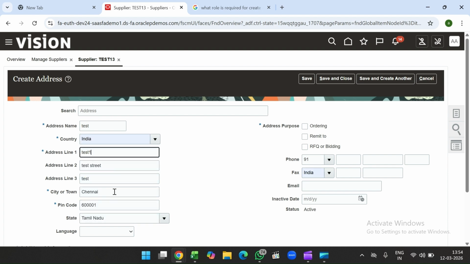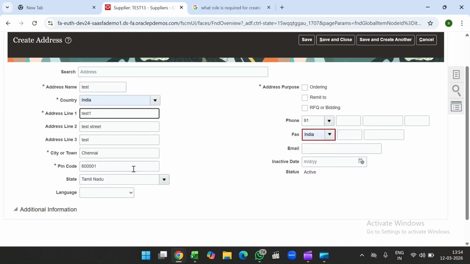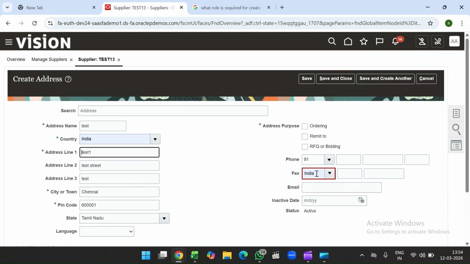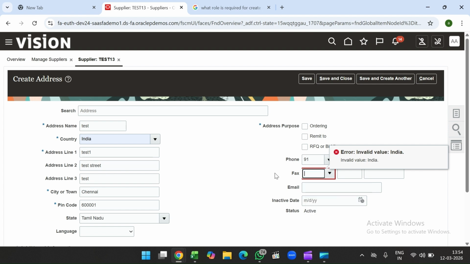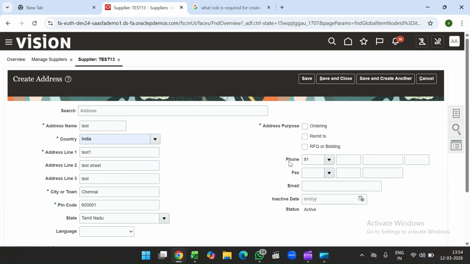As per the supplier address, you should enter all the address details over here: state, pin code and city, and then email ID, fax, and phone number. And here, what are the address purposes? Suppose I want this address for order purpose only, you can just select the order,